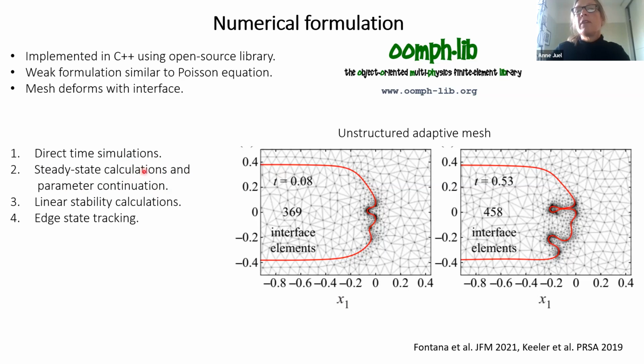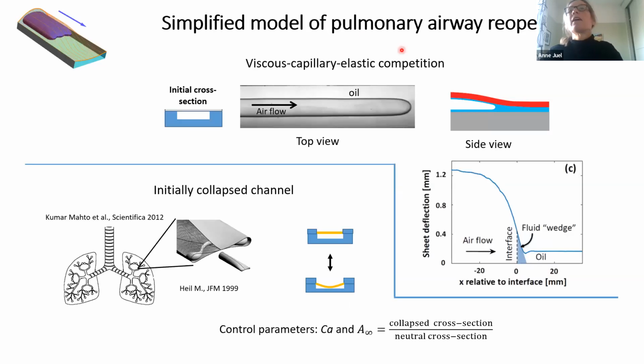I've already shown you examples of this with the bifurcation diagrams, or the different bubble states that we could find. We can do linear stability calculations to test the stability of these, and we can also do something called edge state tracking that I may mention towards the end. Okay, so we've got a good set of tools, and we can get started on looking at